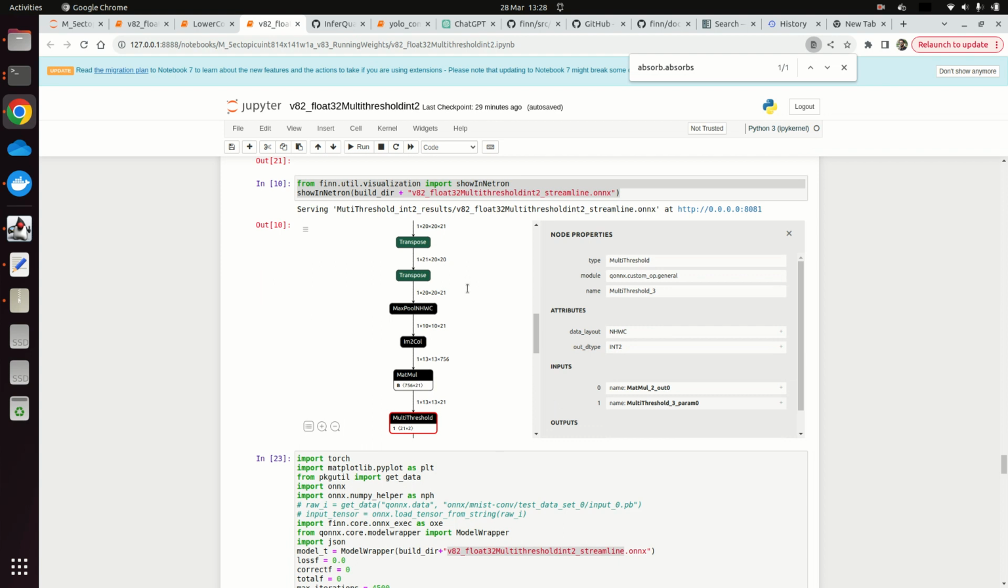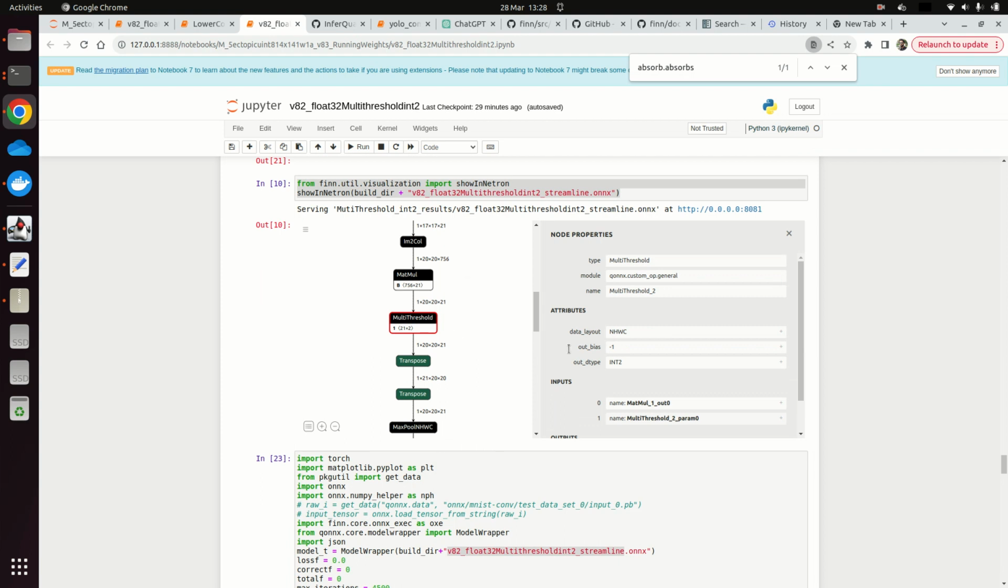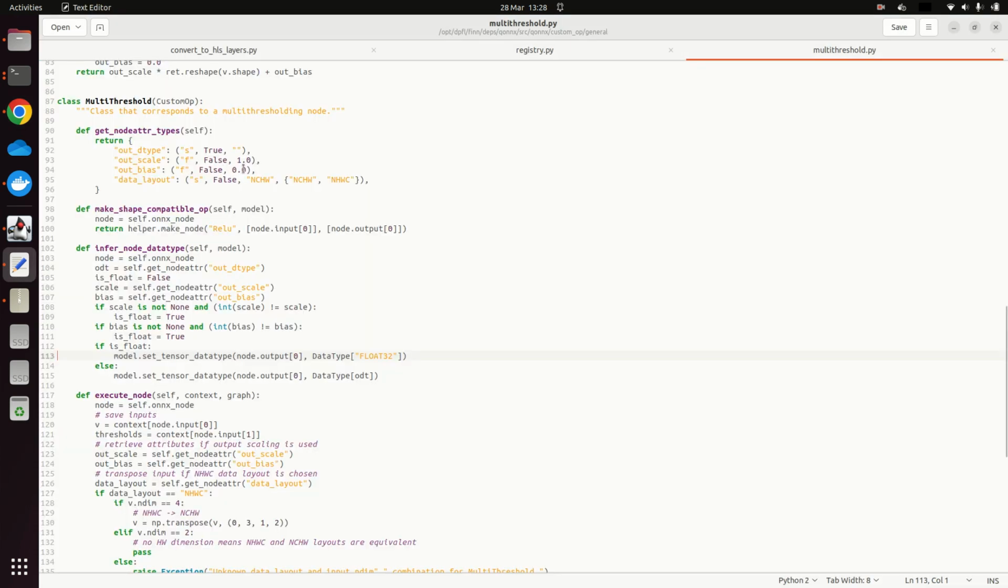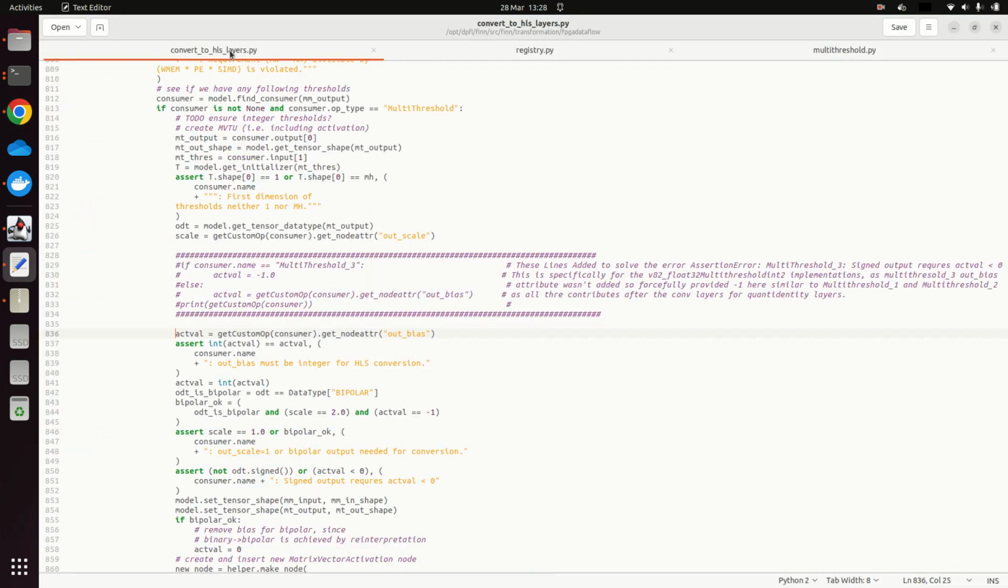Okay, so this is my ONNX file which I already opened over there. If you see, this is the MultiThreshold_2 having output bias -1, and this is the MultiThreshold which does not have the output bias. When it does not have the output bias, it goes to the default value of 0.0, and by taking that 0.0 value into the activation value 0, so when you have the activation value of 0, it basically comes here,